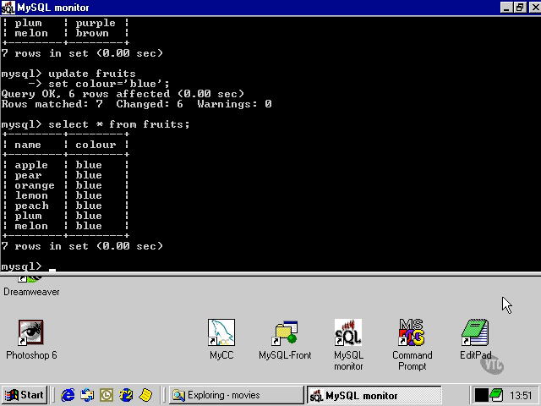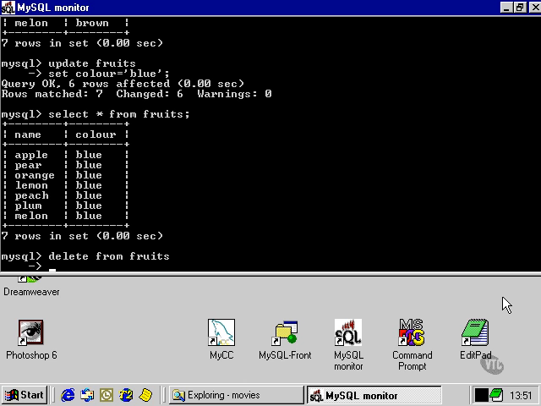Even more serious is the delete statement. The delete statement removes an entire row from the table. We can say delete from fruits, there's the syntax, so we give the table name, then we say where name equals, very similar syntax to the conditions that we put on the update statement and on the select statement